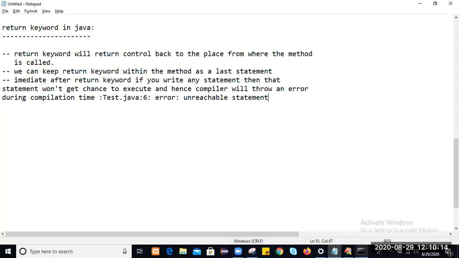What error will it throw? Unreachable statement. The compiler will throw an unreachable statement error.